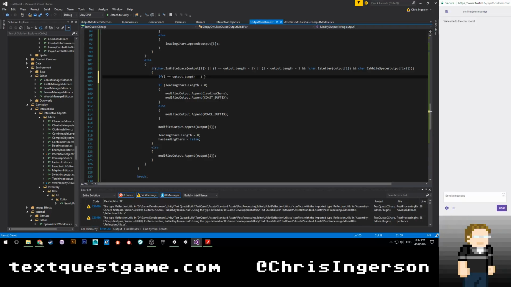Hold on. And char dot is letter, output of I. Then we're going to append this, and then we'll do our suffix appending. So we'll say modified output dot append output of I. We're going to do something similar down here, where we will say